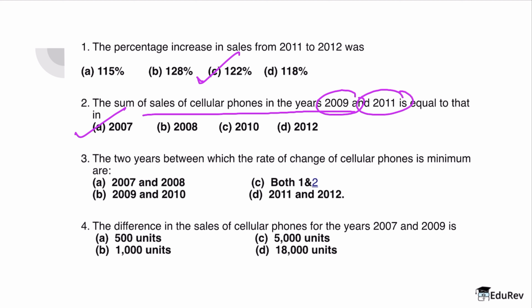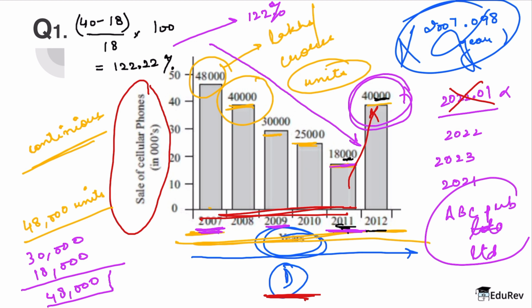Question number 3 says that the 2 years between which the rate of change of cellular phones is minimum. So the 2 years which have the minimum rate change, what is it going to be? Let me calculate options A and B together, and then we will look at C and D. Option A is 2007 and 2008, and option B is 2009 and 2010. So here we are going to see between these two things, and I would say the rate change between these two is nothing but